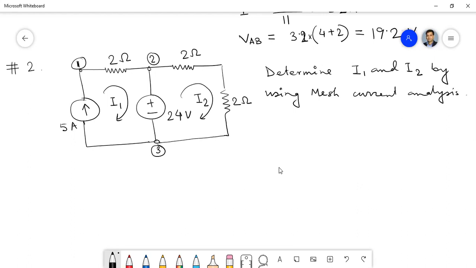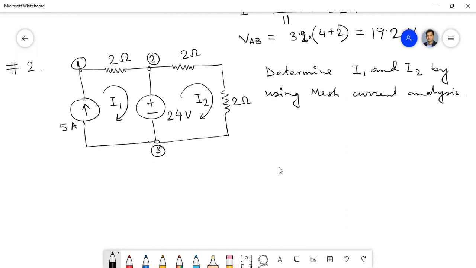Sir, in between the node 2 and node 3, 24 volt is available. So if I go through the 4 ampere, there will be also 24 volt, and current will be 24 by 4 equals to 6 ampere. That will be the I2. No, you have to calculate, you have to write the node equation, the loop equations, like the mesh current technique analysis only, you have to solve this.